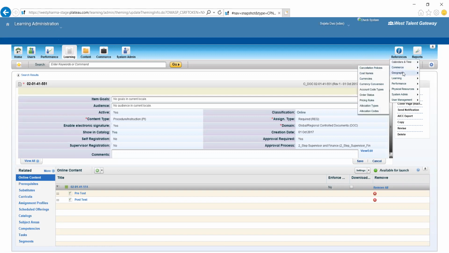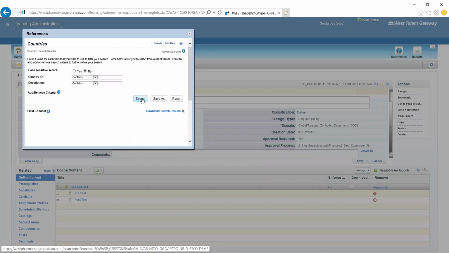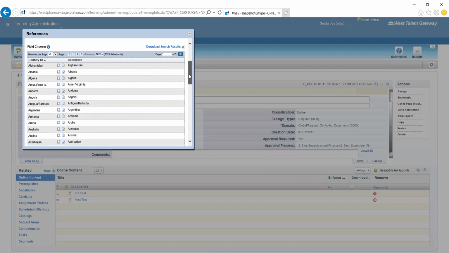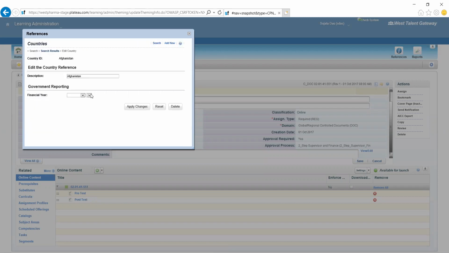Next I will go to the geography sections. If you see under references geography, there are 5 things: country, job locations, levels, locales, and local levels. If I go to the countries, it is similar to the calendar I have shown you. What are the countries you are going to implement? Depending upon that, you have to see those countries. In standard there are 200 plus countries, so most of the countries will be there.